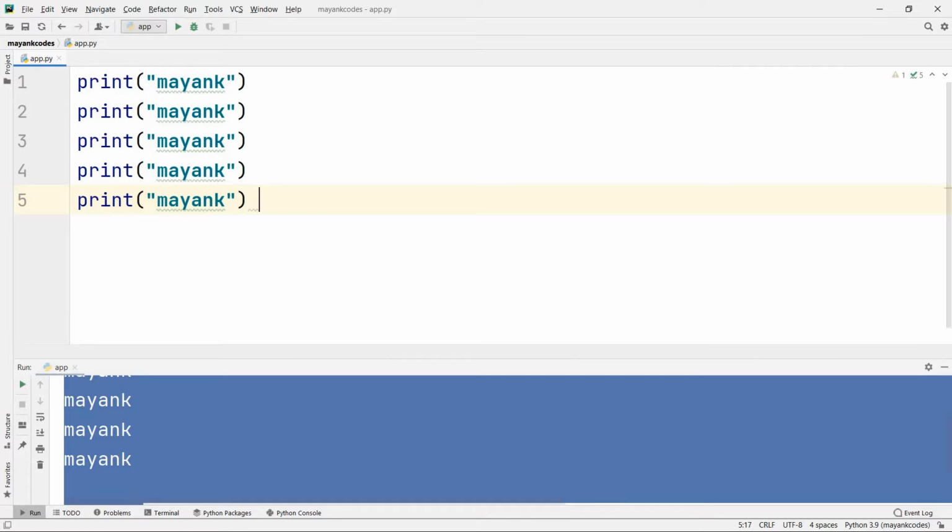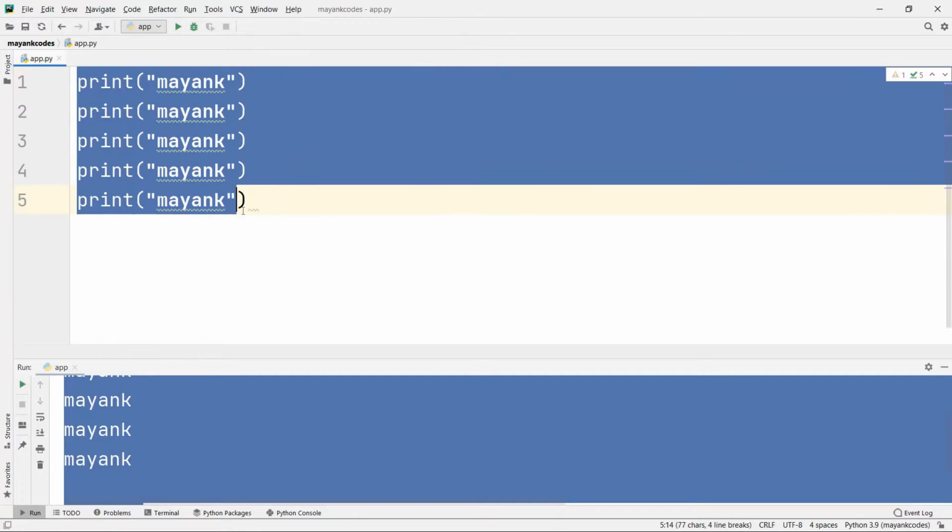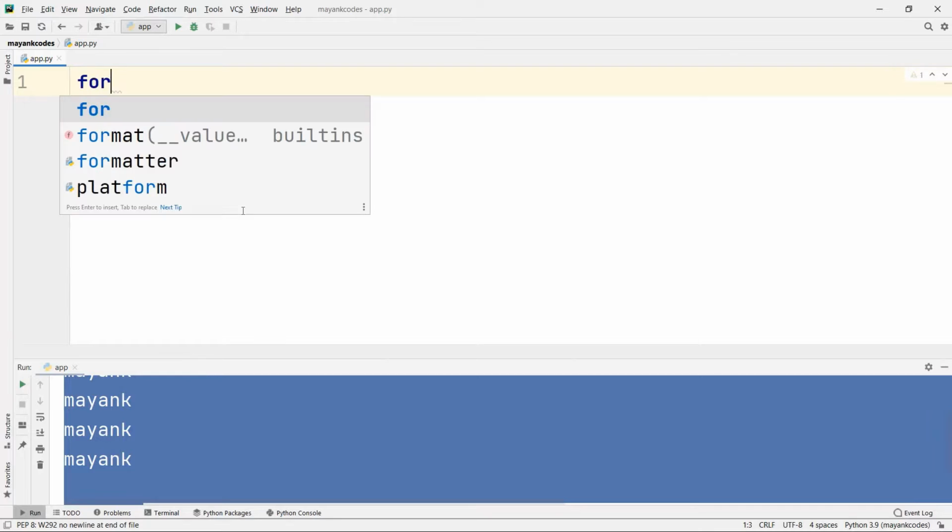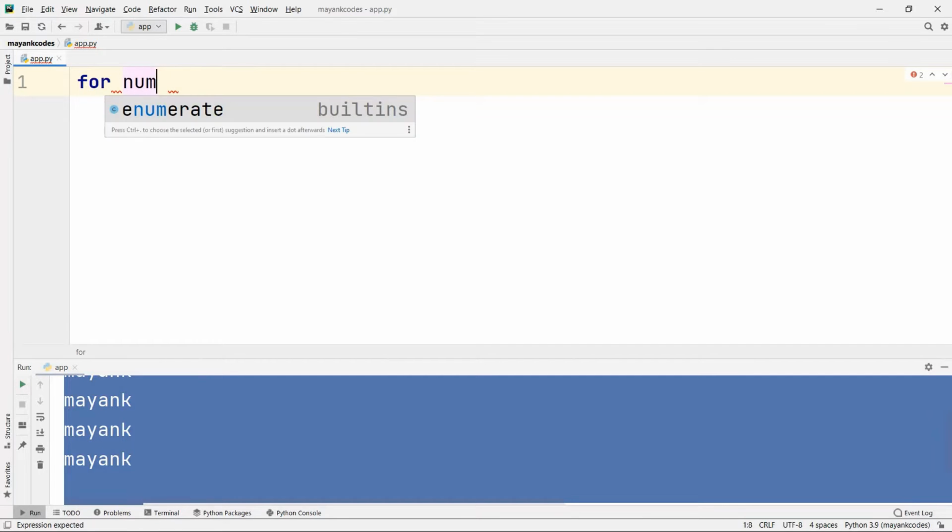Or what if you want to change something? How are you going to change that if I just write the single thing 500 times? So here I will use something called for loop. And basically what I'm going to do in the for loop is say for num